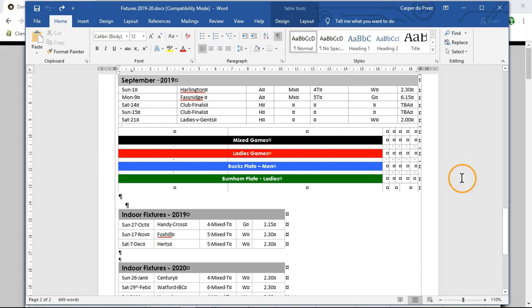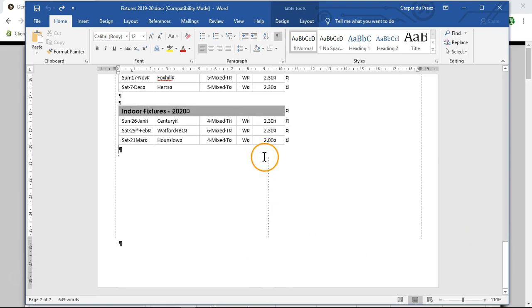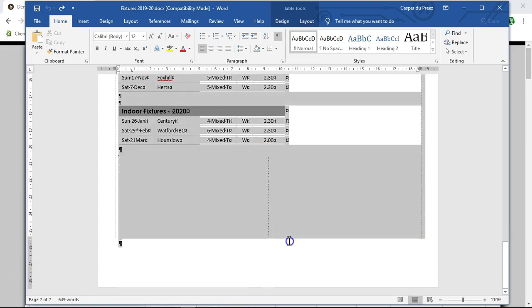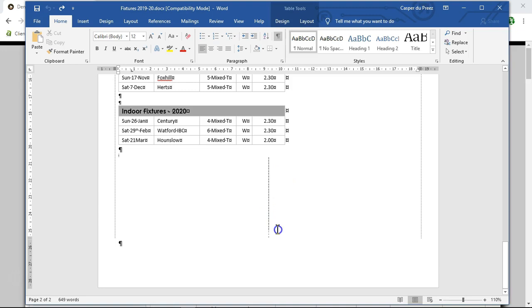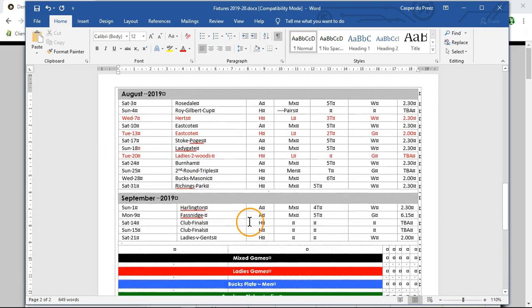If I click on that little button, it gives me some indication of all the elements that is contained within this document, and those little dots show me that there are empty lines inside this document that are unnecessary, so could be removed. So I'm going to start to clean up some of this first before I do the important stuff, and that is to remove the inner tables and